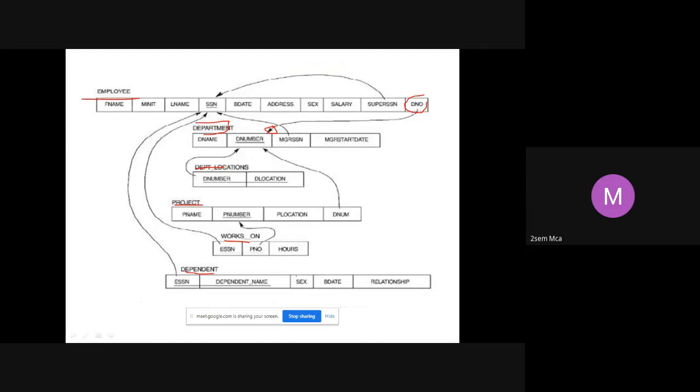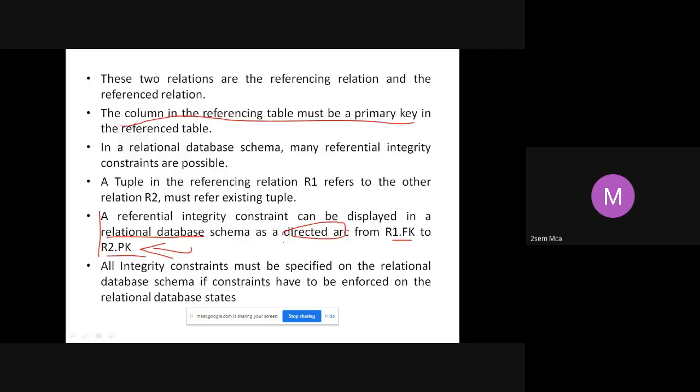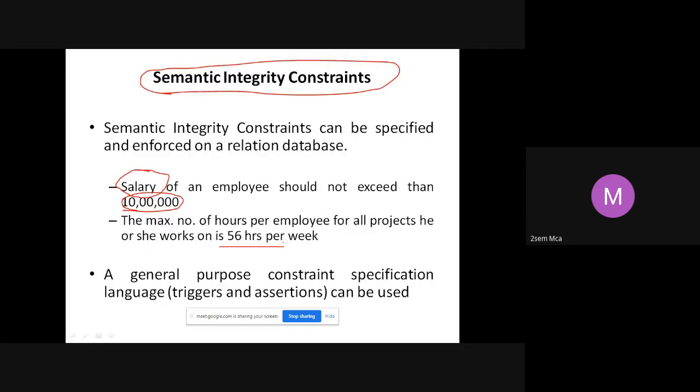Look at that, you have hours. So when I declare this attribute, I will declare a constraint that it should be less than or equal to 56 hours per week. So these are all your business constraints or business rules that you should follow.